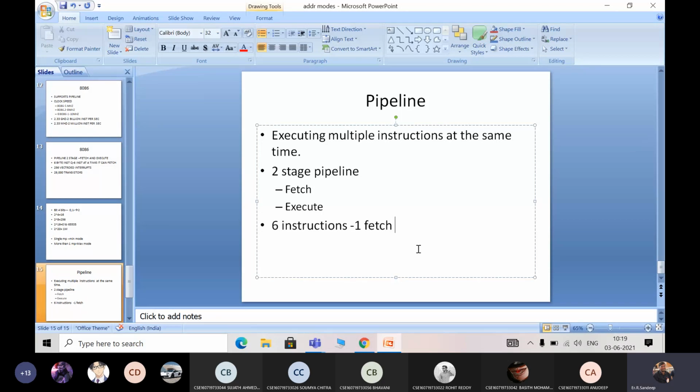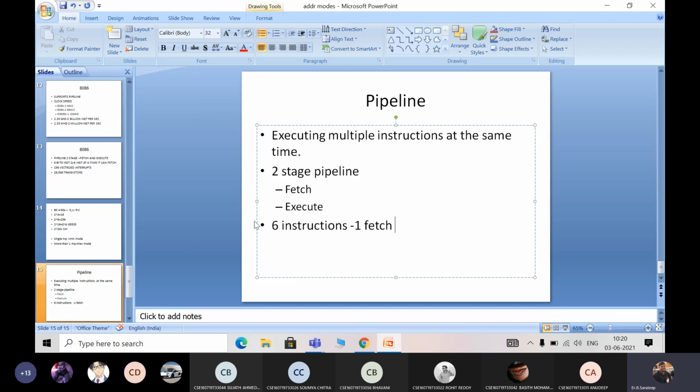So simultaneously we can do this. Two stages are executing, which will speed up the performance of the system and increase the speed of the execution process. So that is a major advantage with pipelining. This is a 2 marks question and we need to explain these two concepts in the pipelining. So what is the 8086 pipelining concept and how will it be implemented?